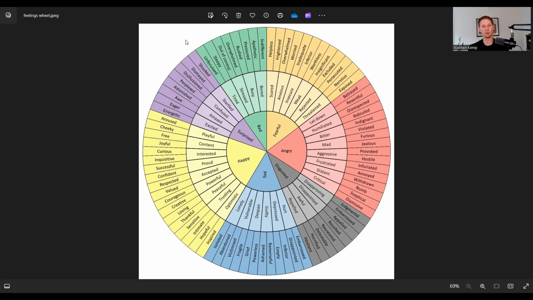So if you take the time to dig deep, chart them out, use something like this tool that we're showing here today, to be able to kind of figure out, hey, what emotional experience am I having here? Where are these coming from? Is it curiosity? Is it bitter? Am I feeling violated or indignant? Those powerful words can bring the emotion, give it some clarity, and then you switch into moving it through